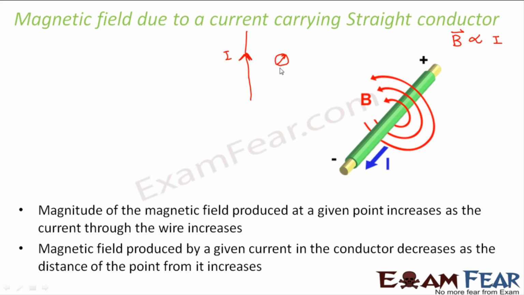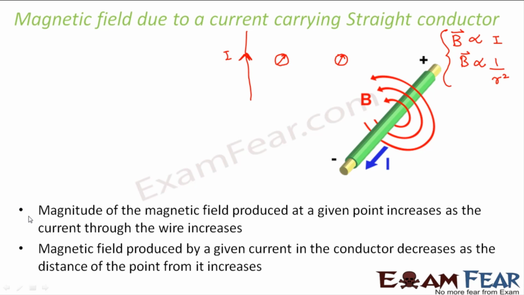Then the next observation was that when the needle was taken far away from this wire, the deflection was less. But when the needle was brought closer, the deflection was more. So that means the magnetic field was inversely proportional to the distance. Later in your higher classes, that is in class 12, you will learn how to derive an expression for the magnetic field for a straight current carrying conductor. There you will see that all these things come out true when you actually derive the expression. So these were some of the things which were observed.